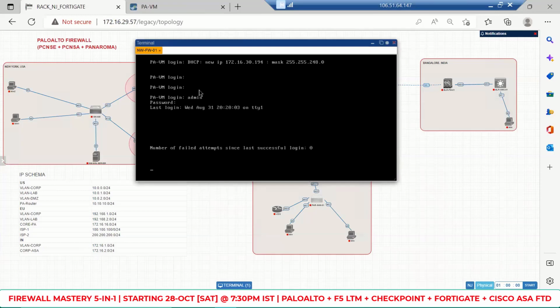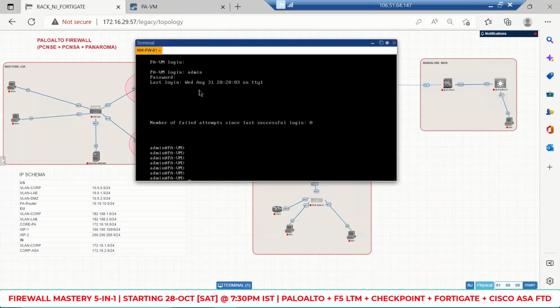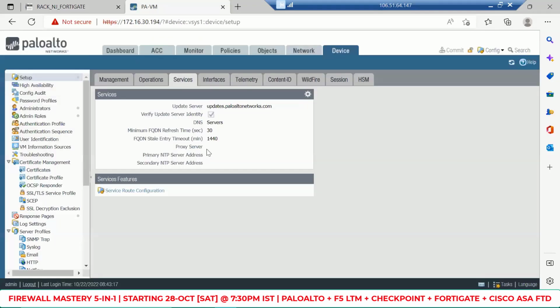So the console should be connected on the management port, right? The console port is different, and the management port is different. So the first thing you do is make sure you are getting CLI access to the firewall. Then you configure the management interface. Or you connect the management port of the firewall to a PC and directly start configuring the firewall